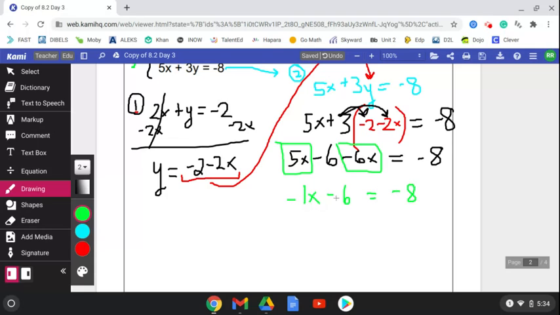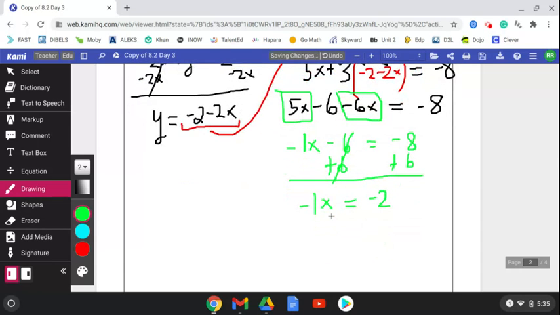Because my variable is on the left side, I need the numbers on the other side. So I'm going to add 6 to both sides to undo the subtraction. I add 6 to both sides. Those 6's cancel. And so negative 1x equals negative 8 plus 6. That's negative 2. Fifth and final step is to solve for x by dividing by the coefficient of x, which